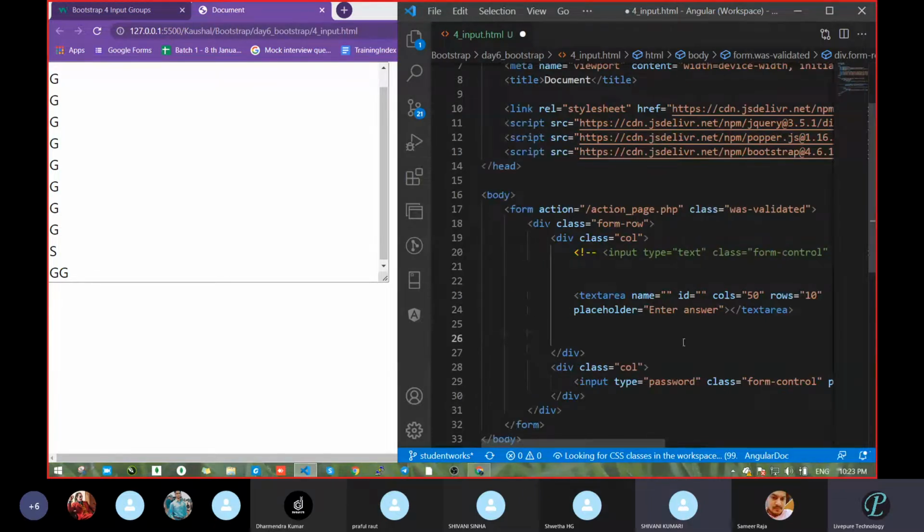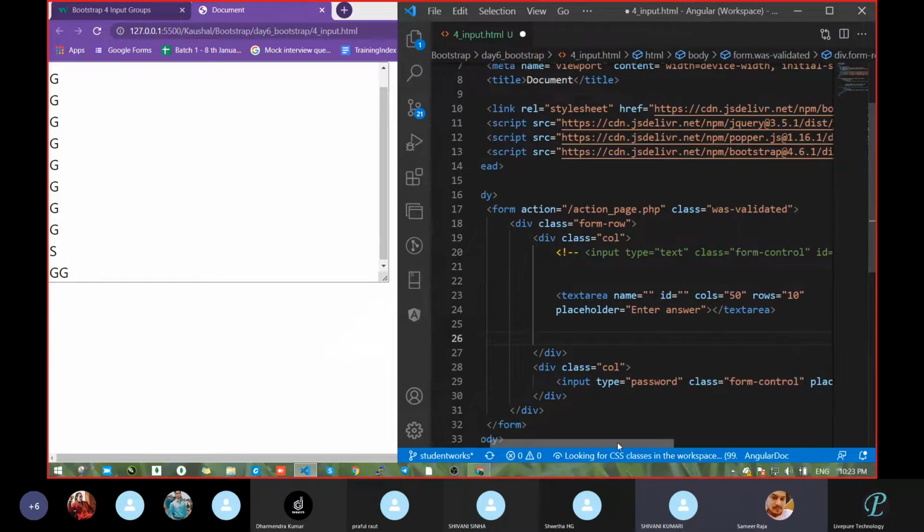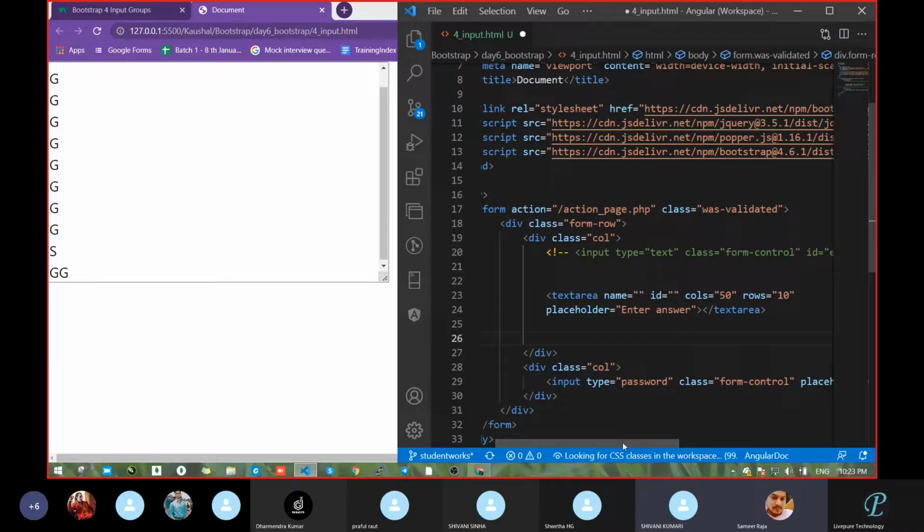Now Samir, tell me what you are telling. Same thing or different? Actually, sir, I'm telling that the text area's basic nature, whatever we are writing, is inline. But it will be written horizontally, sir. It's not that. The question is something different. You're going on the wrong track. Okay, sir. I got it, my doubt, sir.